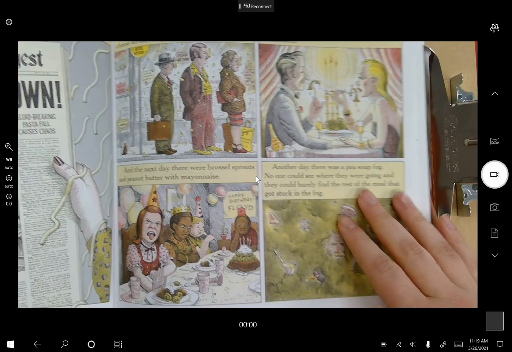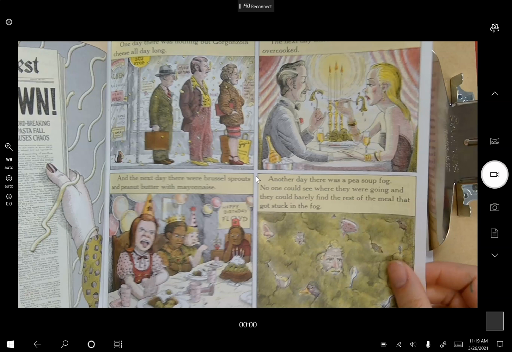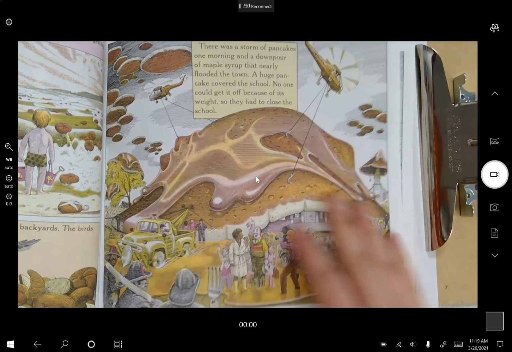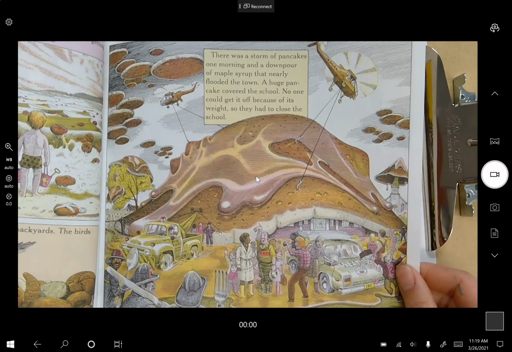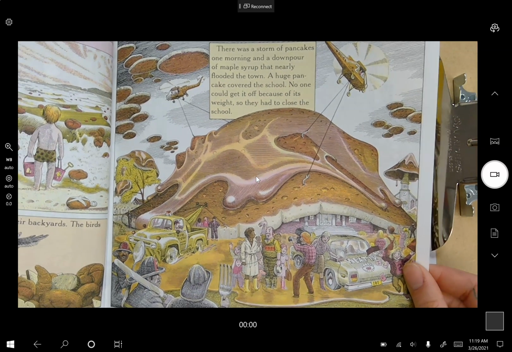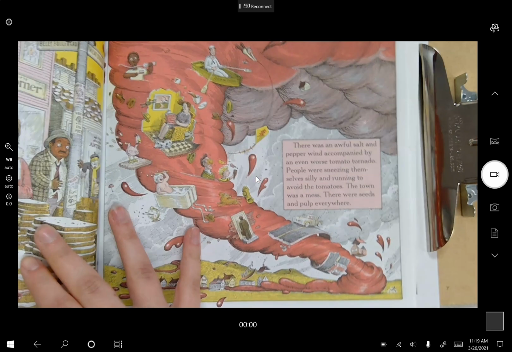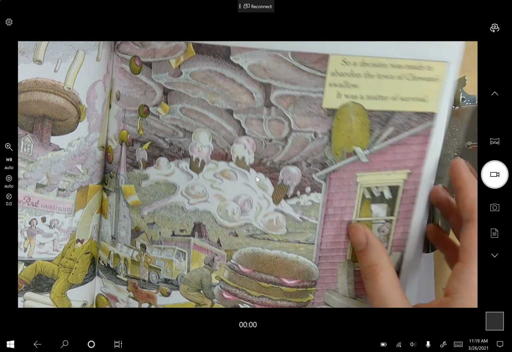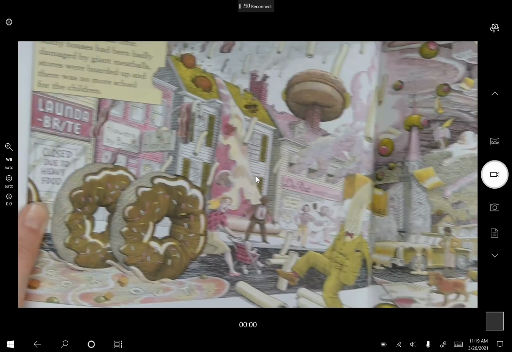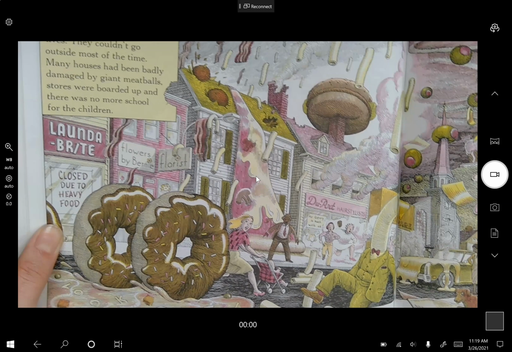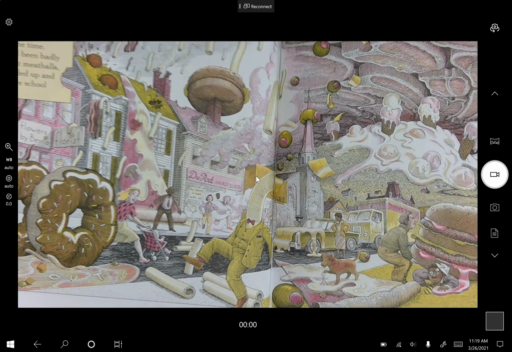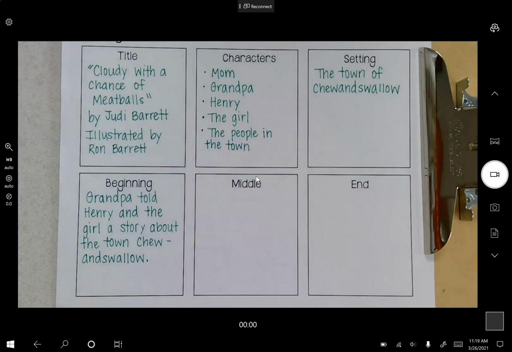But then things start to go bad. So we start to see the downside of having food fall from the sky all the time. A giant pancake even closed the school. I would be very sad if that happened. They had a tomato tornado. And this page really shows you what the problem in the story is. The food was causing a lot of problems for the people of Chew and Swallow in the middle of the story. So we're going to say